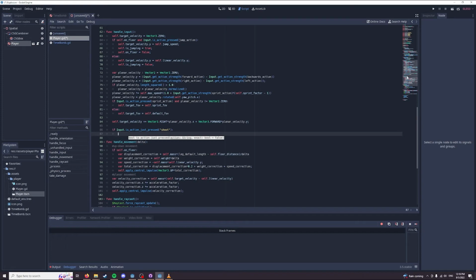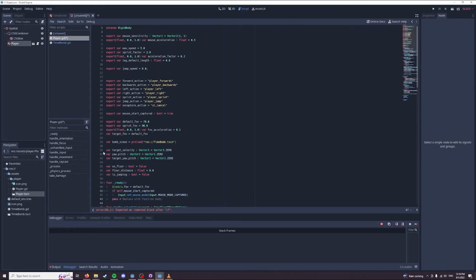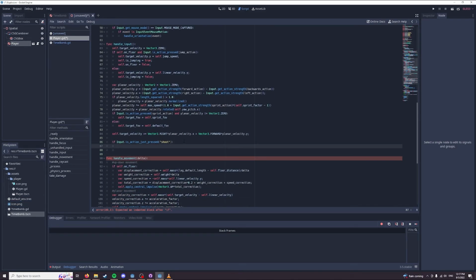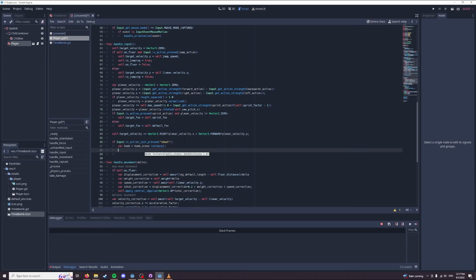And all we need to do is make sure that we have a preloaded version of our bomb scene. So just add this variable at the top, bomb scene preload, and you can just drag and drop the scene we just created, just like that. So then we've got our bomb scene, and then down here we want to instance that. So we can say bomb scene dot instance, and then we want to add that as a child